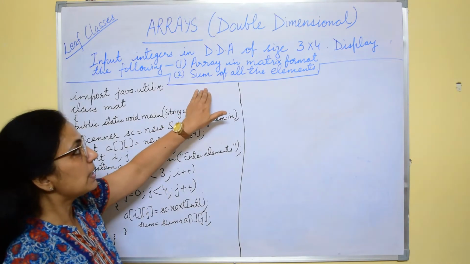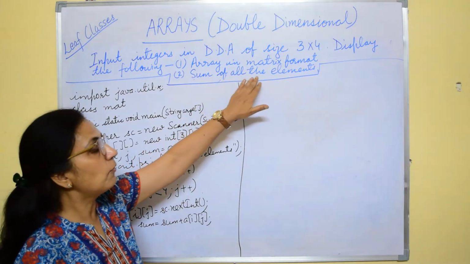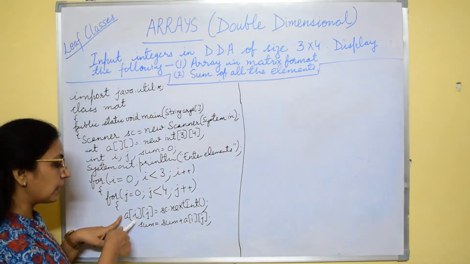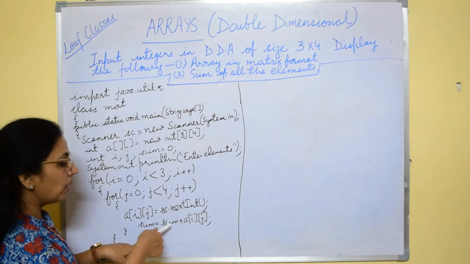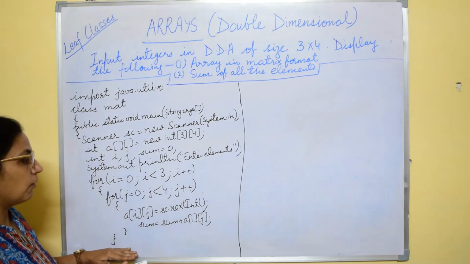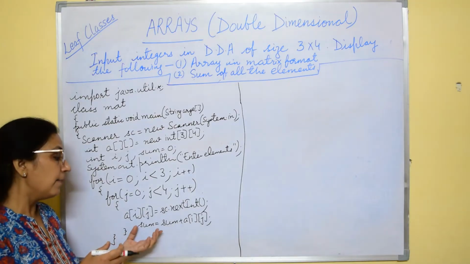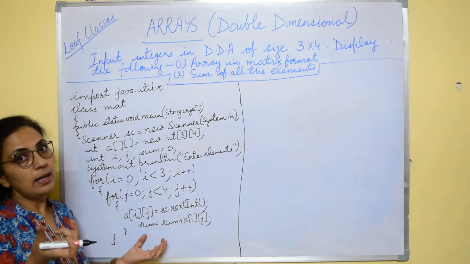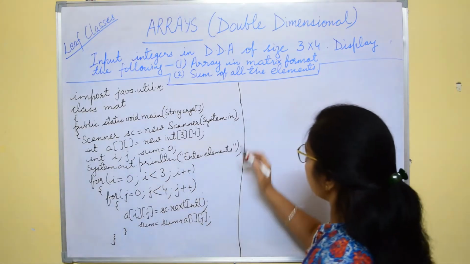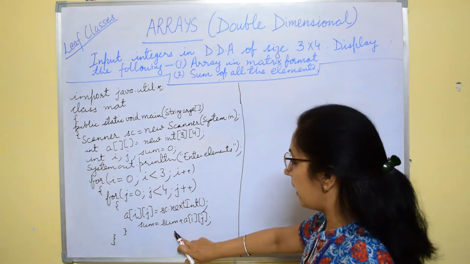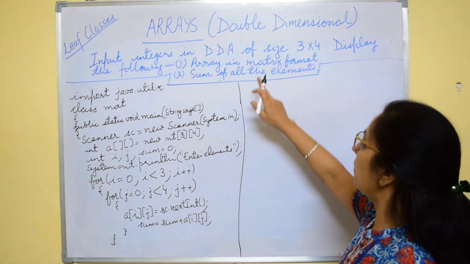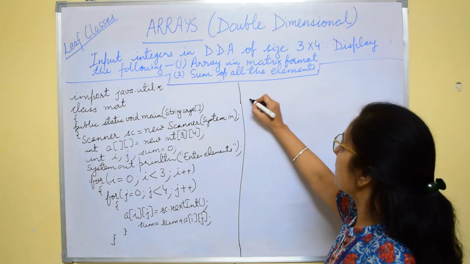Now my question says you have to print the sum of all the elements. So the moment you are entering, जैसे ही हम ये number input करा रहे हैं, इस number को sum variable में add करते जाएंगे, so that after completion of this loop we'll get the sum with the total addition of all the elements. Okay. Now after this, the second part we have done already, with calculation is done while entering only. Now first we will print the array in matrix format.